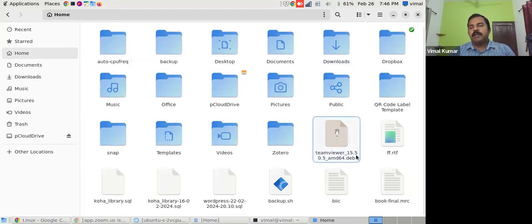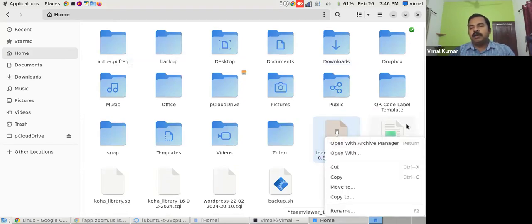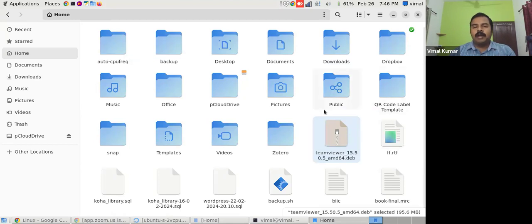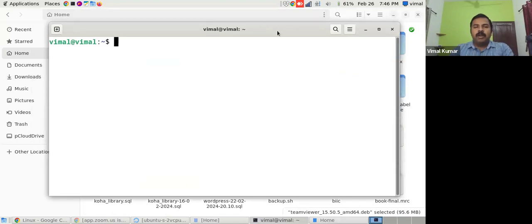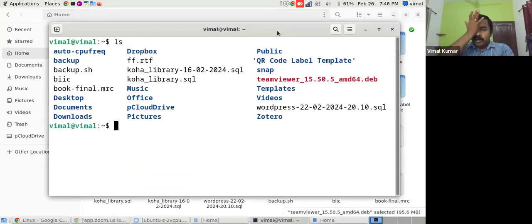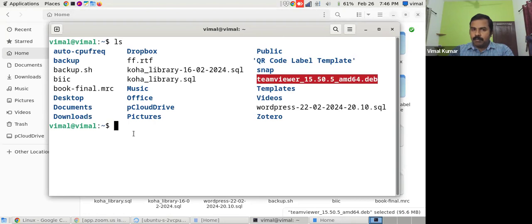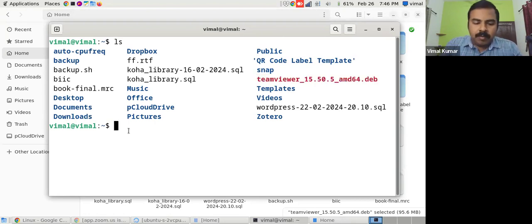Two ways we can install it. One, double click, it will install. Otherwise, using the terminal we can install. Type ls in the terminal. See here the application TeamViewer amd.deb is available. Command sudo